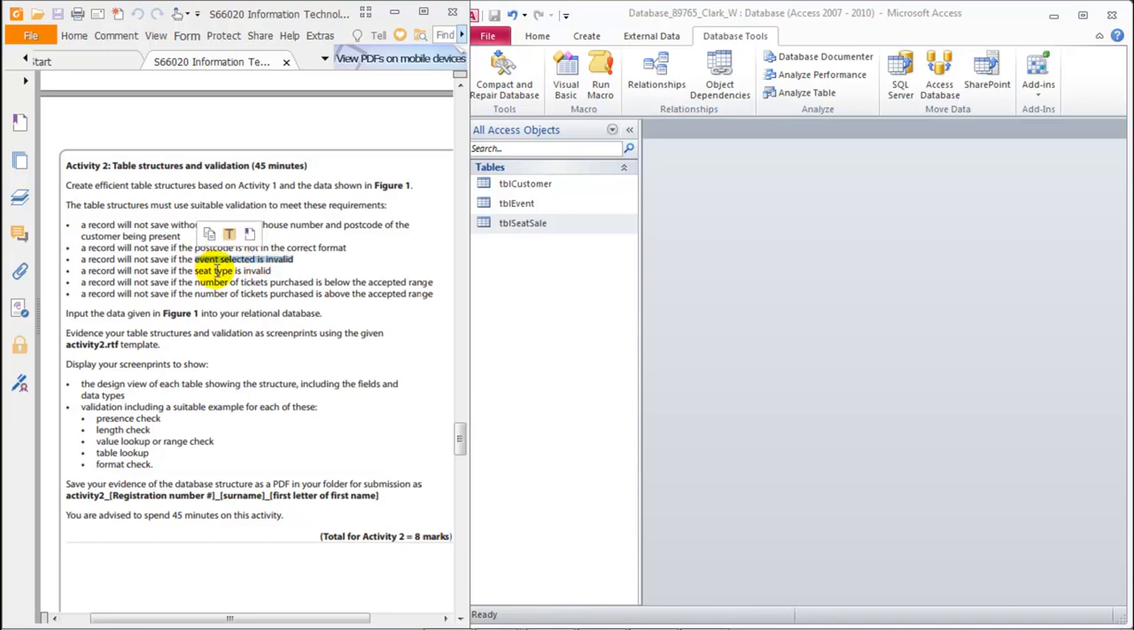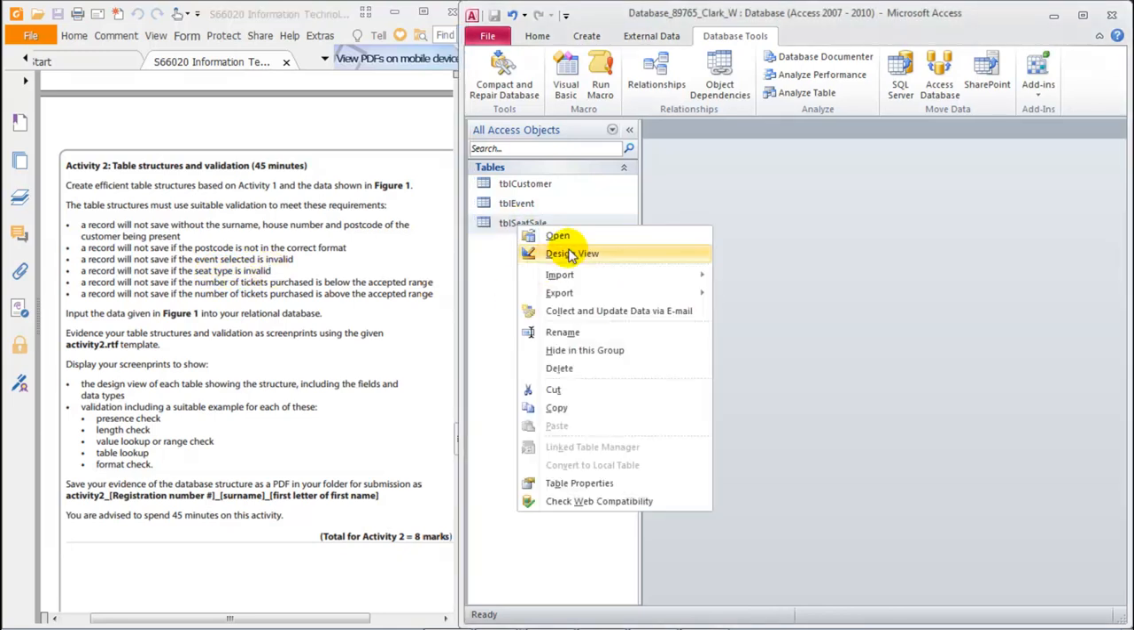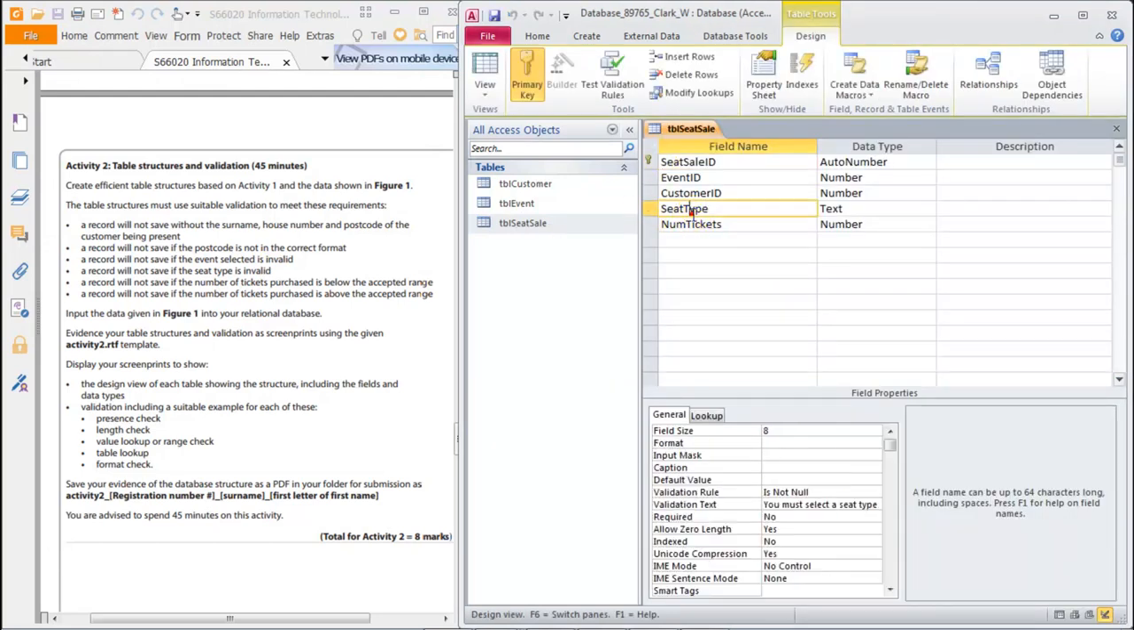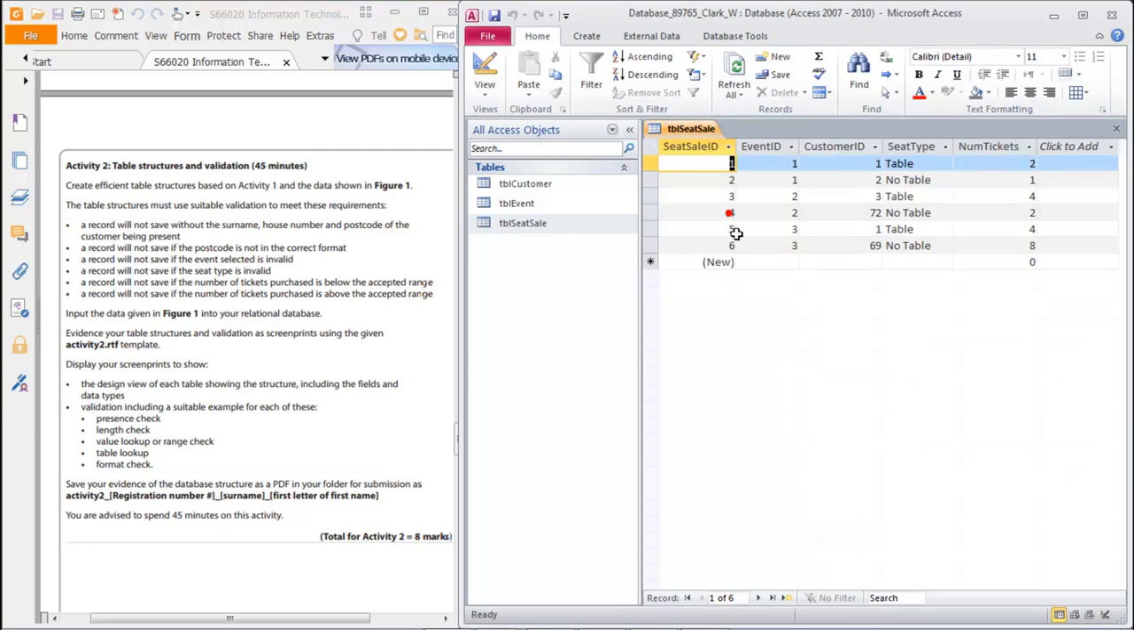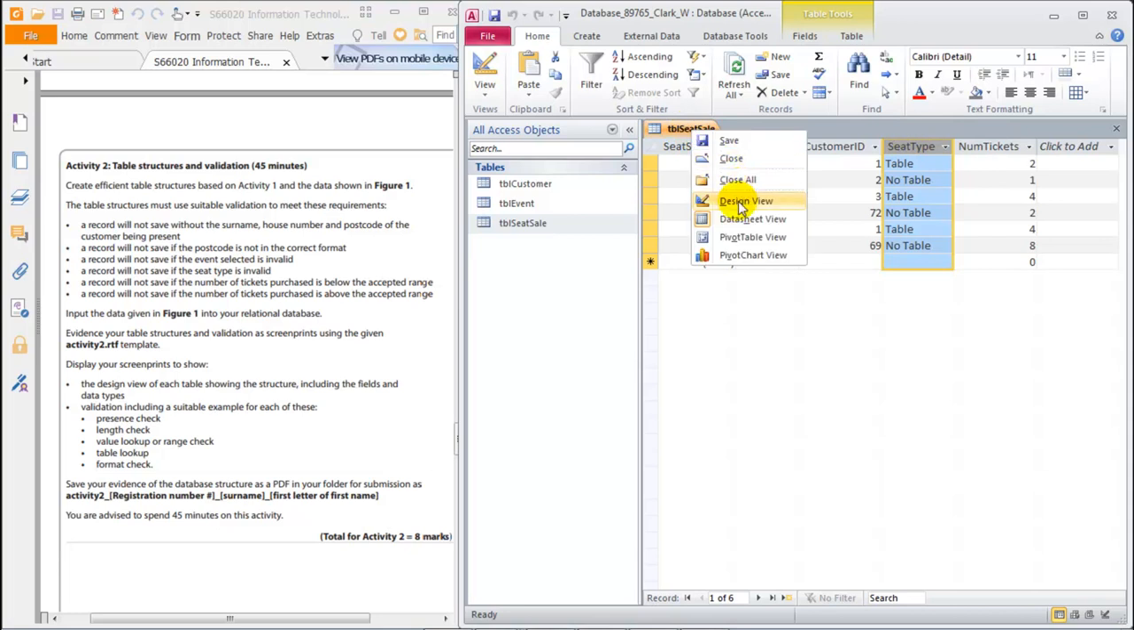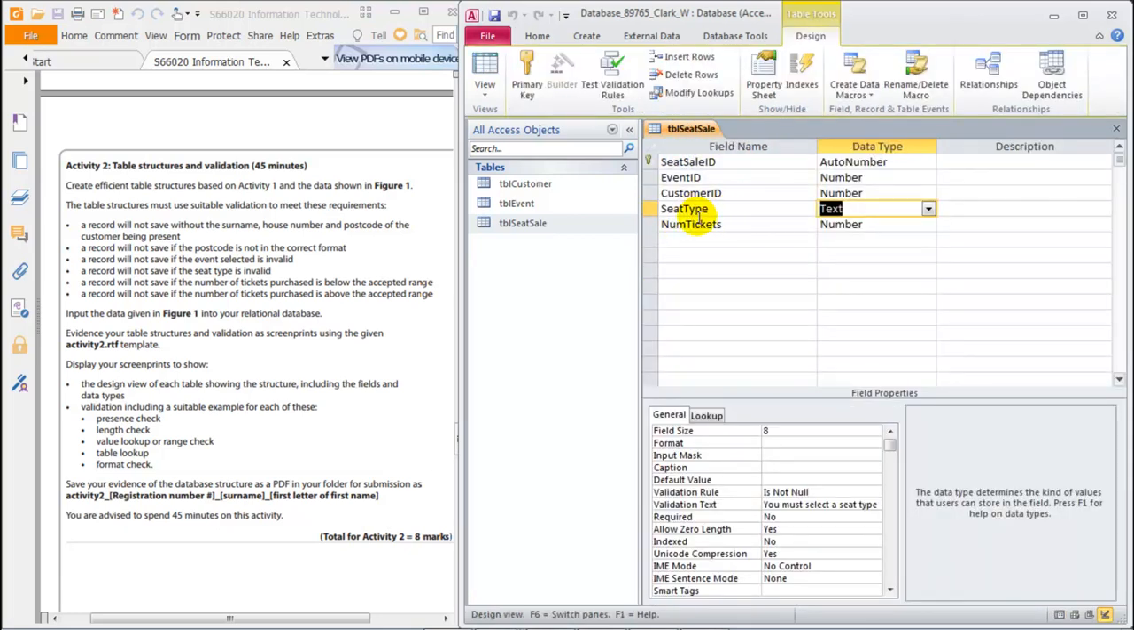Okay, so seat type is invalid. Let's go for that. Design view, seat type, and the data in there is, if we look at the datasheet, seat type is table with a capital T, no, table with a space here. This is just the data. Remember, the data can have space, but not the field names. Design view. So here we have seat type lookup